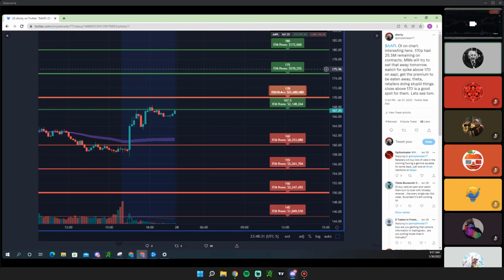The in-the-money premium for Apple for the 170 puts was $25 million. All the below puts right here add up to about 20 million as well. Their goal, based on this picture alone, was that they want to close this above 170. Sure, they'll lose the 2.1 million or whatever that might be, fluctuating during the day, but look at the puts